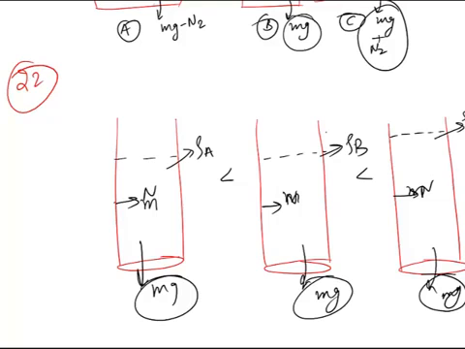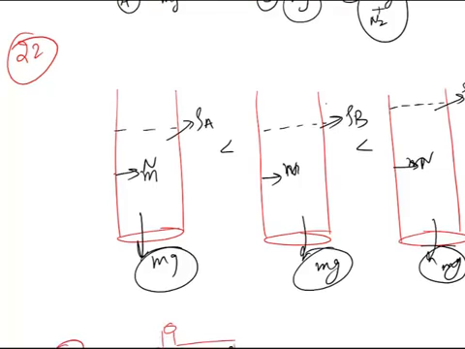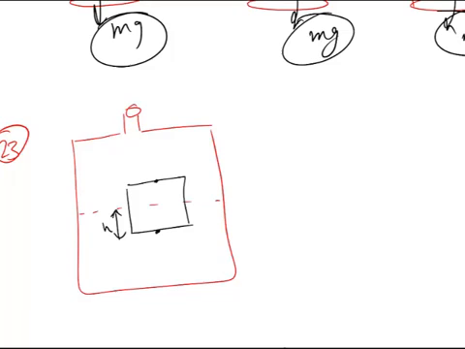So equal forces at the bases in all the three cases. Hence option number D. Question number 23 gives you a piece of wood floating in water kept in a bottle. Now you are compressing some more air into the bottle and you are asking how much part will be inside the water. So this H which is inside the water, is it increasing or decreasing if we put more